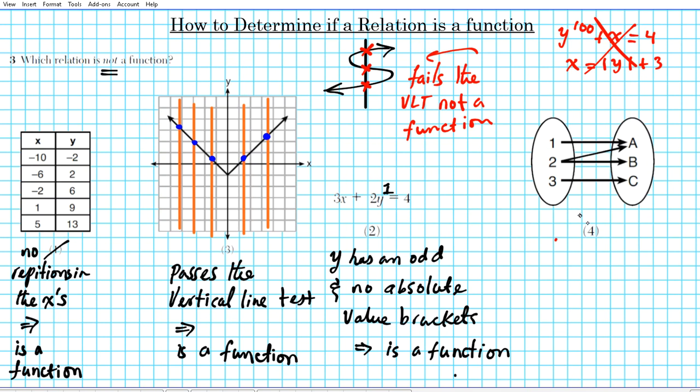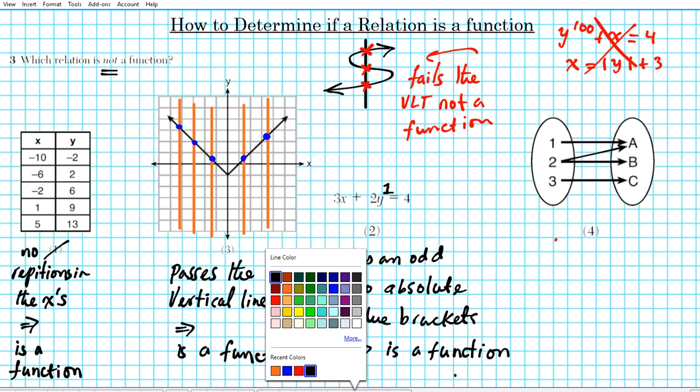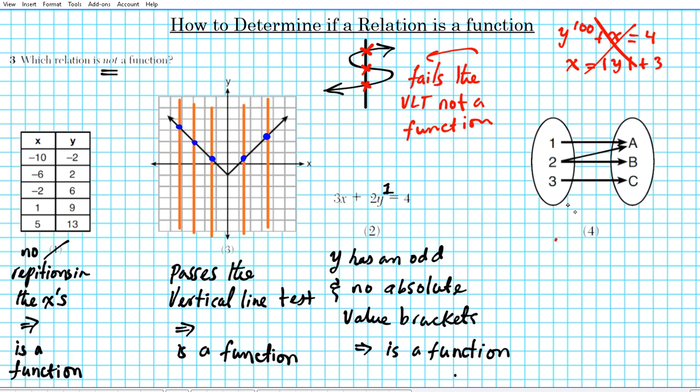Number 4. We have a map here. So this one is a little bit complicated to do. You could visualize it, but if you just take a look at what's going on, you want to ask yourself, is every input going to a maximum of 1 output? That's what you're asking. 1 is going to exactly A, which is good. 2 is going to A and B, which is horrific. That is a no-no. So since this 2 is going to 2 outputs, that automatically tells you that this relation is